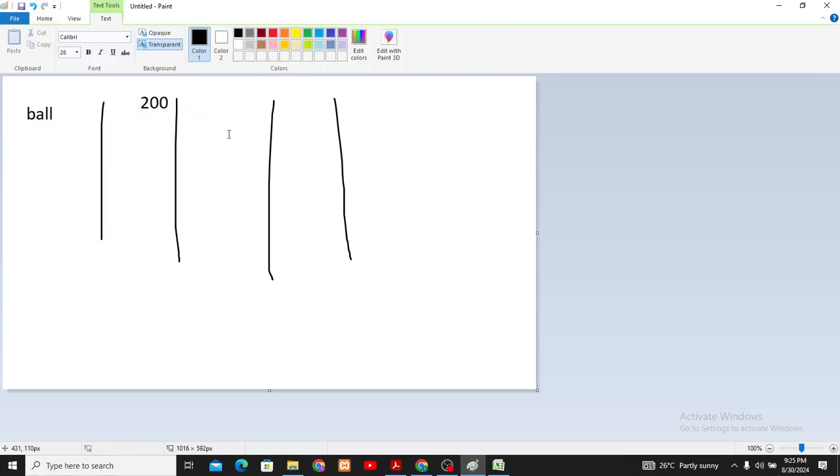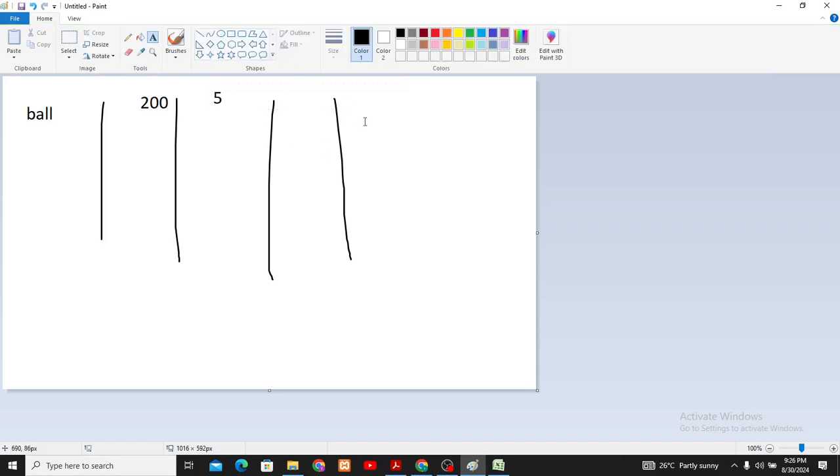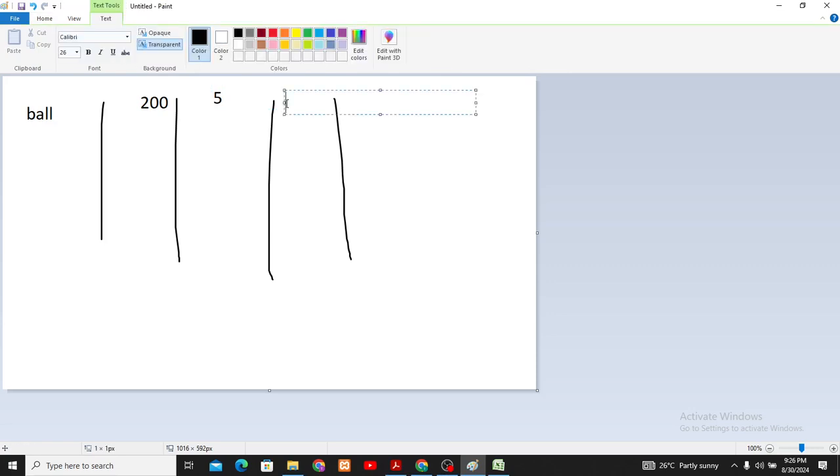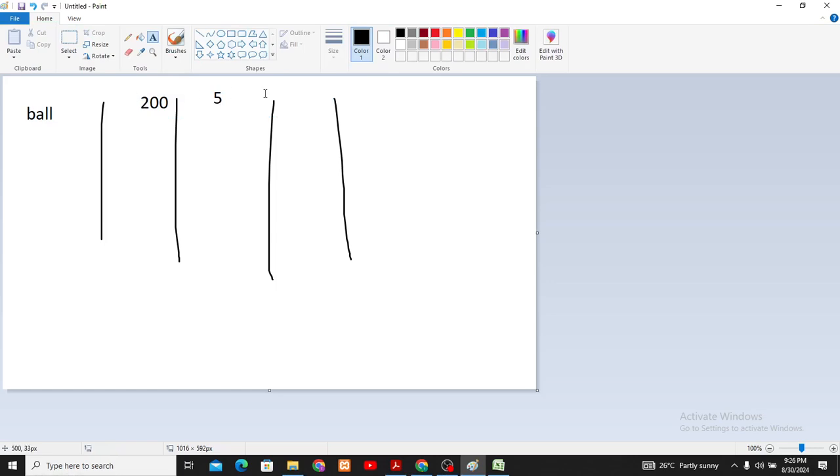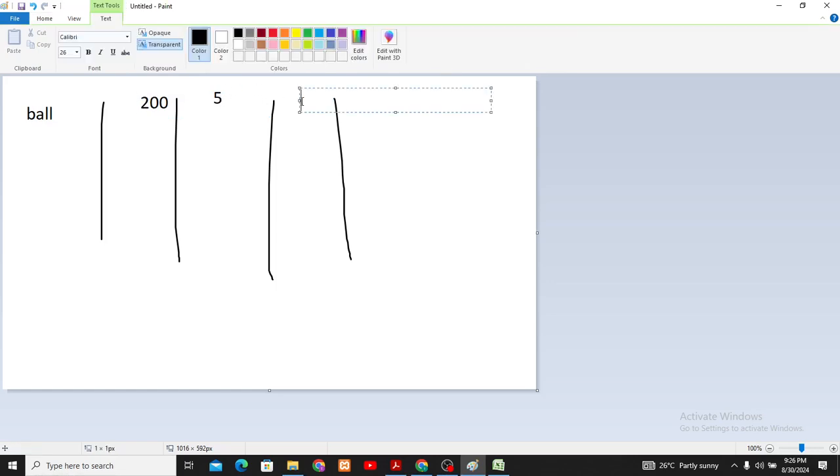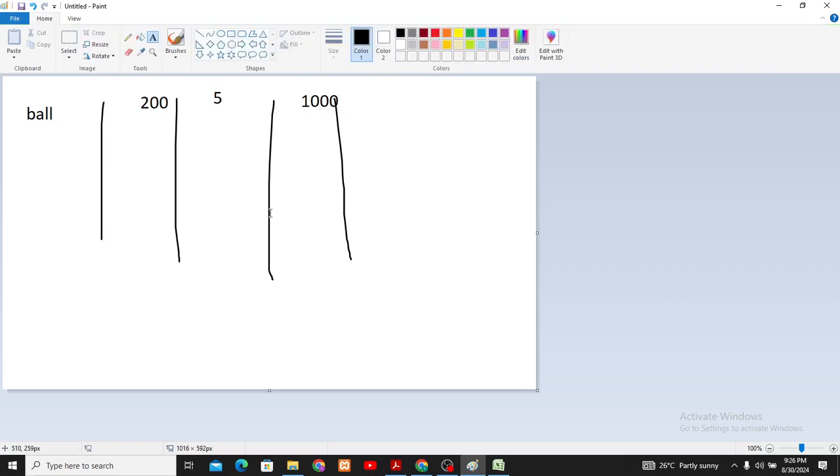The third column is how many balls you have. Let's say I have 5 balls. The last column is supposed to tell us the total cost of the ball. So if a ball is sold at 200 naira and you have five on ground, then how much will be the total? It will be 200 times 5, right, which is 1,000. So that's what we'll be doing in